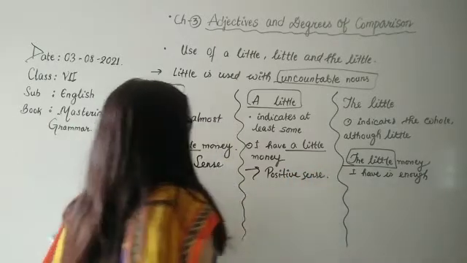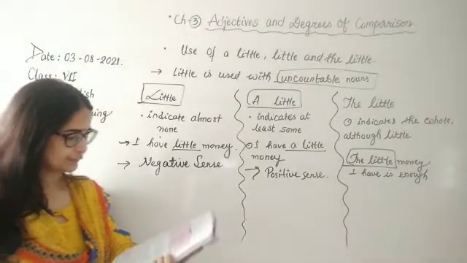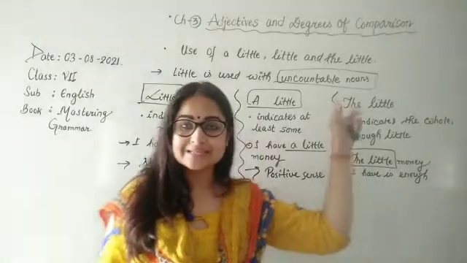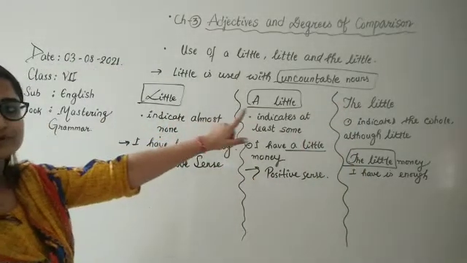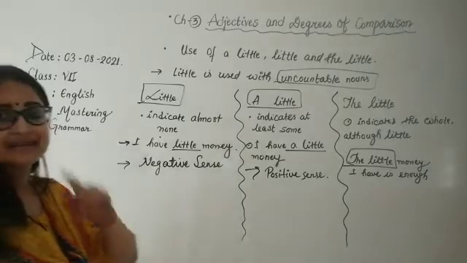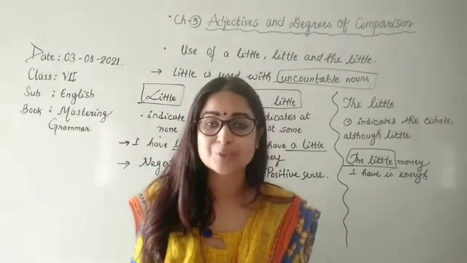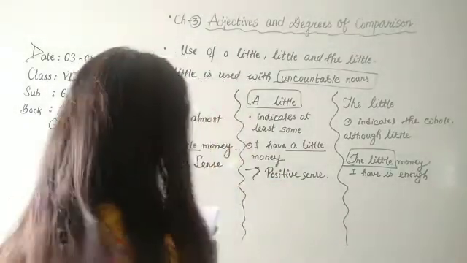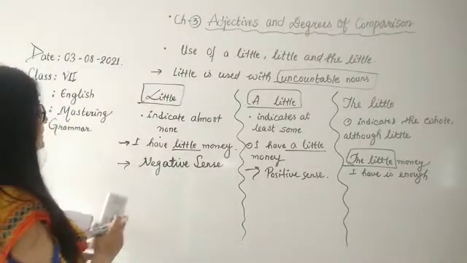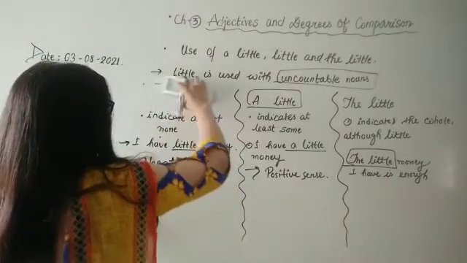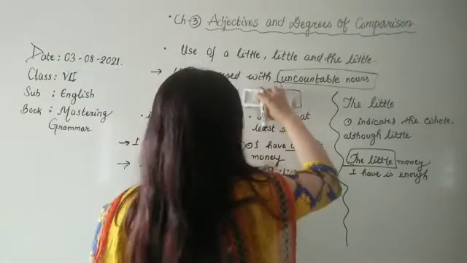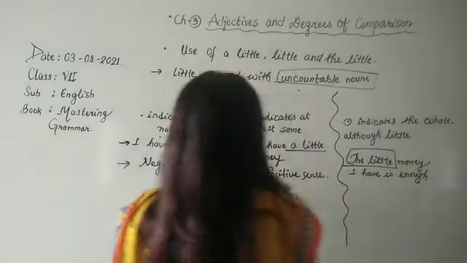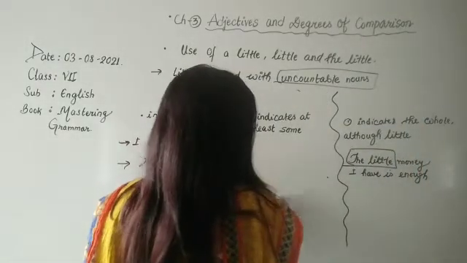Okay. Now we will move to another set of words. Again the same thing we will be learning, but for countable nouns. This one, little, was used for uncountable nouns, but the next set of words, the word few, is used for countable nouns. Okay children, let's do that. I hope you understood this. Now let's move to the next one. I am just removing the words here because I have to write almost the same thing and the examples actually.